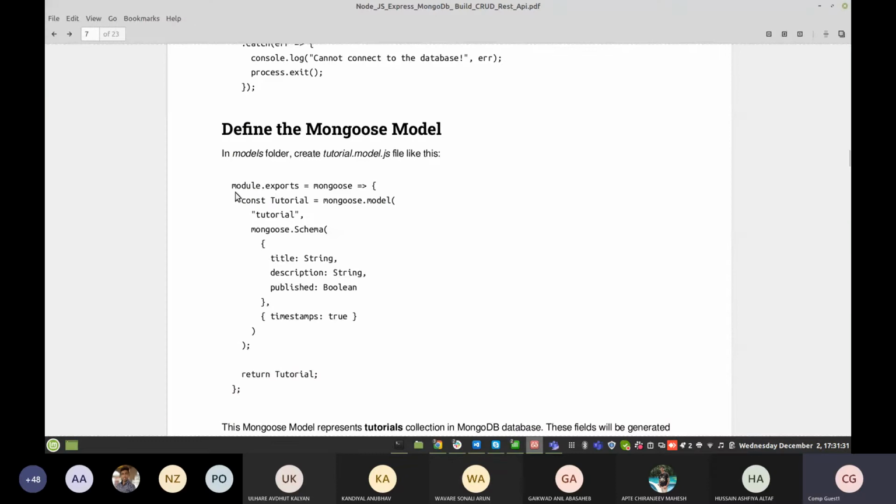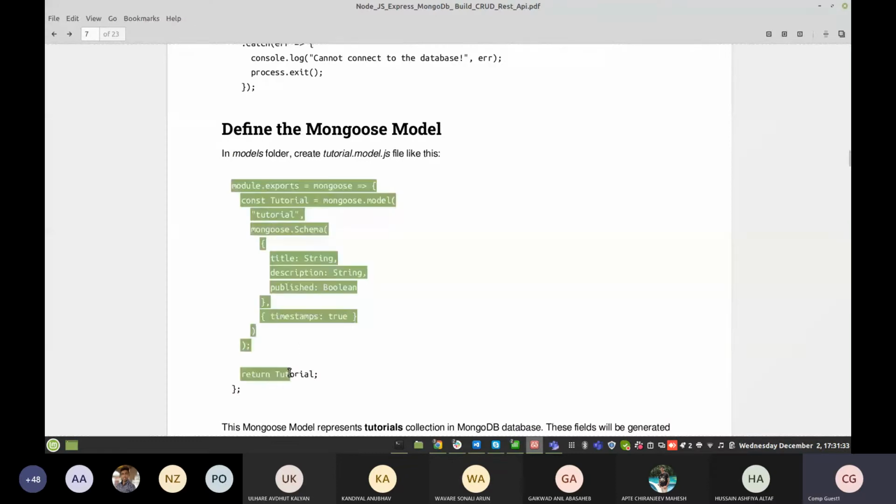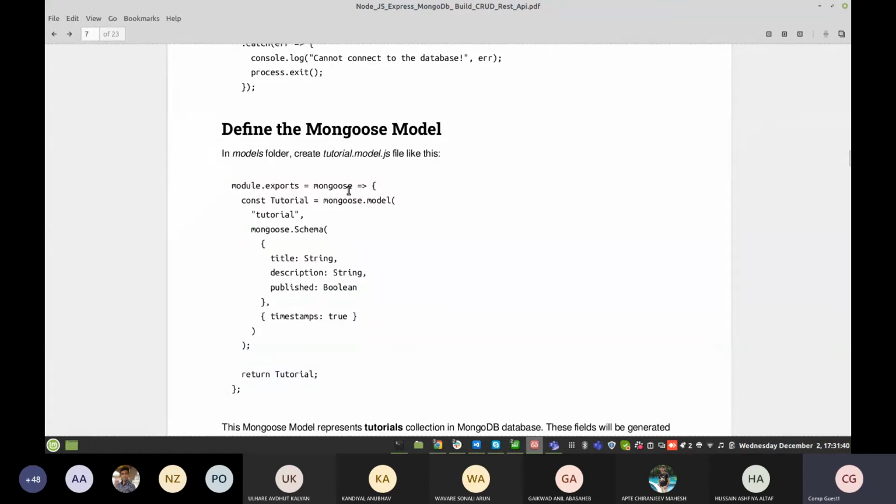So you create that tutorial. Inside tutorial we need to add this part: require the Mongoose module, then constant tutorial, whatever collection or object you need to use. The tutorial contains this schema: title, description, publisher, and timestamps true, so the timestamp is added automatically.